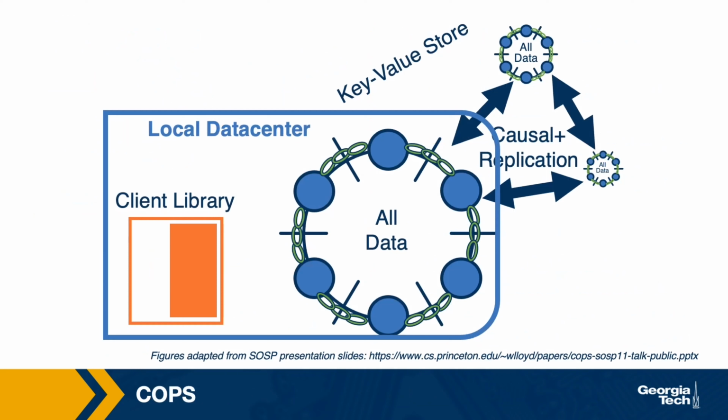COPS targets a system such as the system we described in the Memcache discussion. Here, in one data center, there is a key value-based object store, and the individual servers are denoted with these blue circles. Each of them hosts a portion of the key space, a shard, just like in the Memcache case. The data store is geographically distributed to other locations also, so when a client interacts with this local object store, any of its updates need to be replicated to all of the other locations.